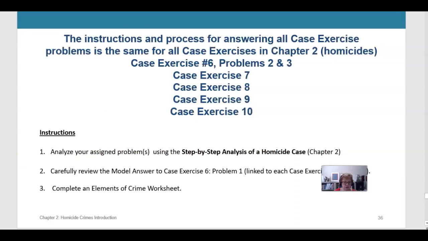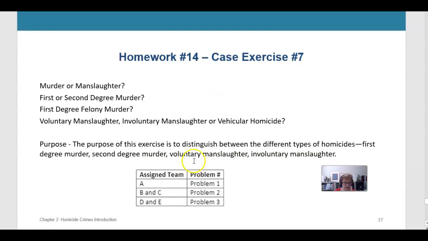All right, so as you go forward, you're going to use the same recipe. The instructions, the process, the forms you use will be identical in case exercise 7, 8, 9, and 10, which are case exercise 14, 15, 17, and 18. So case exercise 14, when you open it, you will see whatever team you have been assigned to,